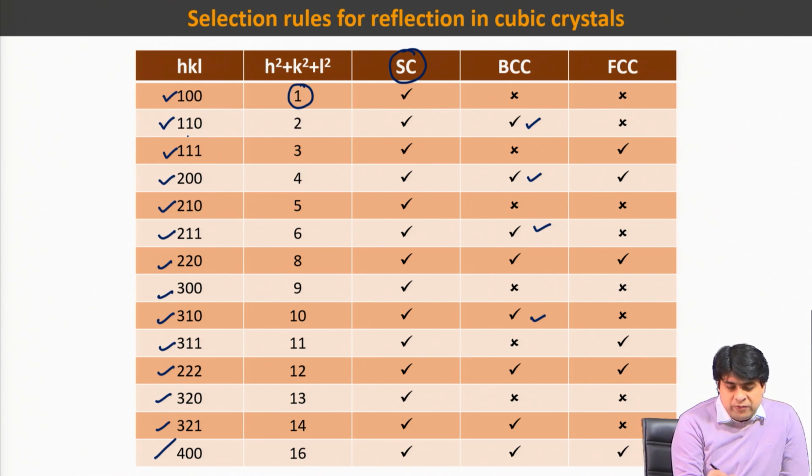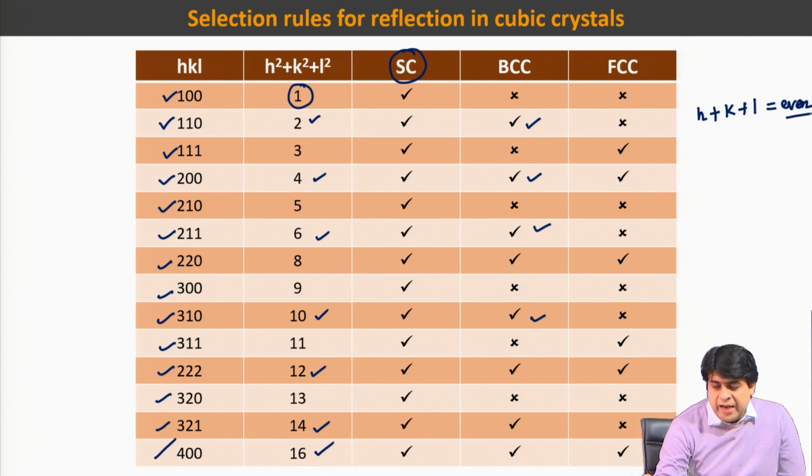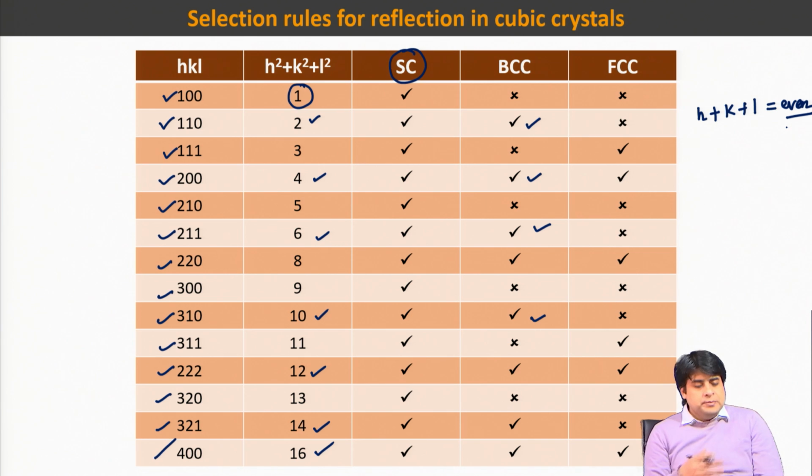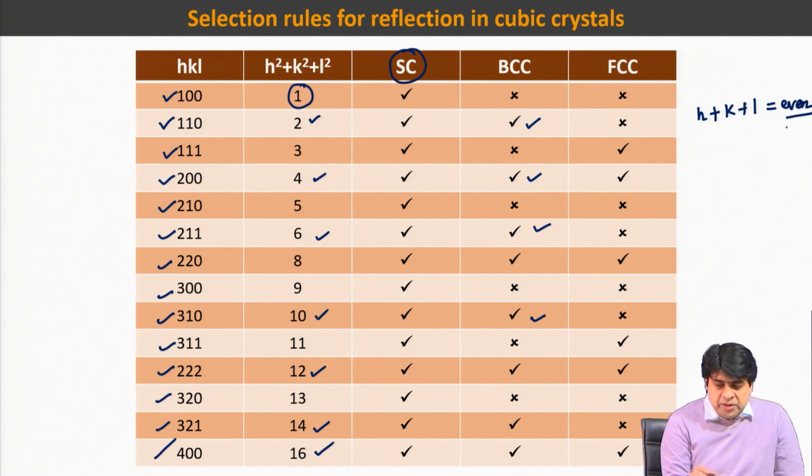So, there will be a reflection at 2, at 4, at 6, at 10, at 12, at 14 and at 16. When H plus K plus L gives you an even number, you always have a reflection for a BCC structure. So, BCC will give a reflection only from those planes where the sum of HKL is an even number. Okay. Now, in case of FCC, the face centered cubic crystal structure,